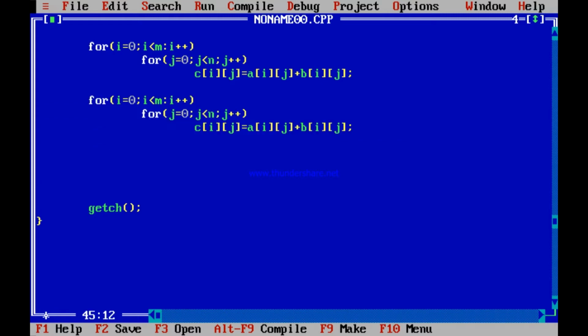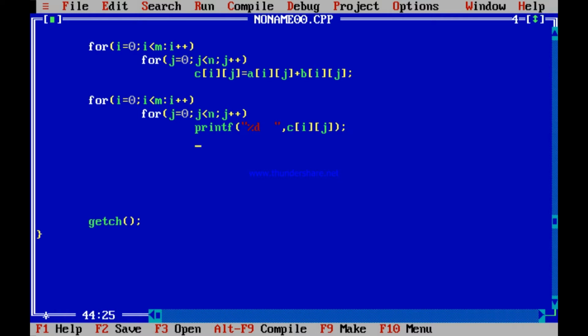Why did you paste this? Because I just want to now display. For i equal to 0, i less than m, i plus plus. For j equal to 0, j less than n, j plus plus. Now I will print. Instead of adding, I will print. So what should I print? I should print printf %d, two gaps, followed by that %d is c[i][j]. I just print the matrix, the resultant sum matrix I print.